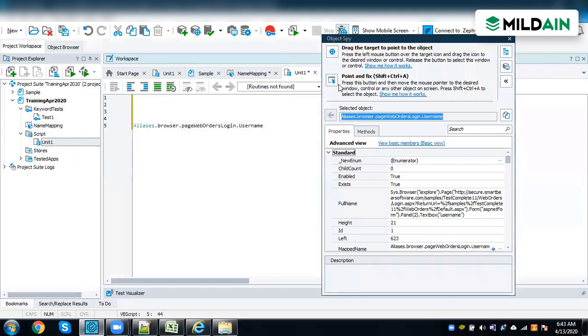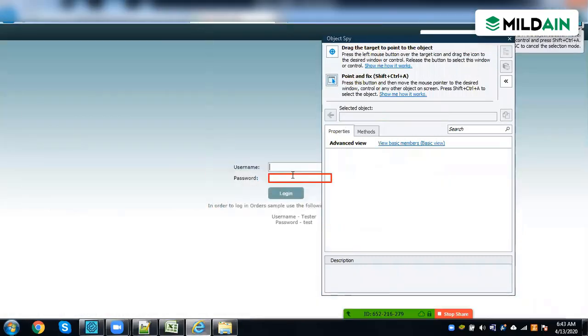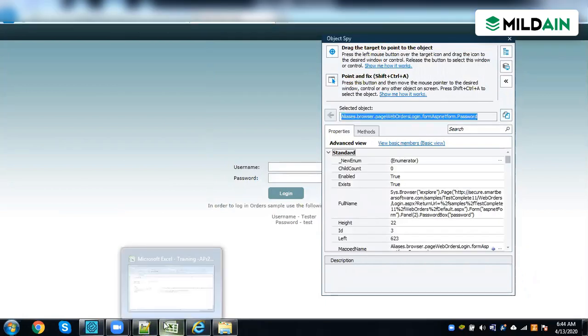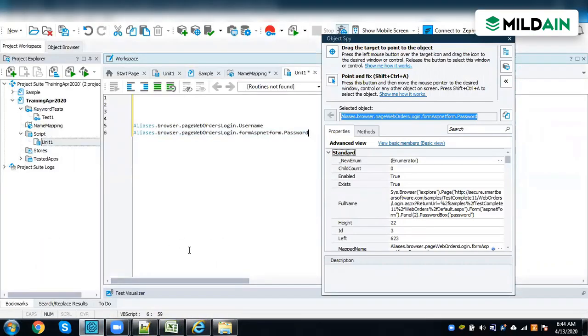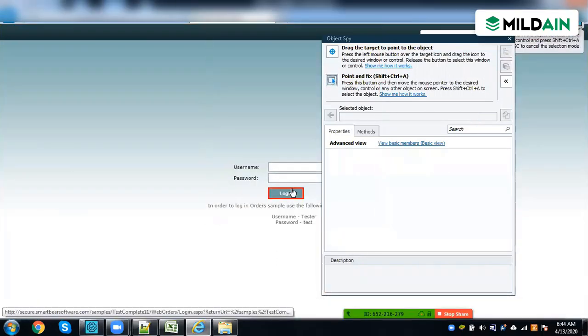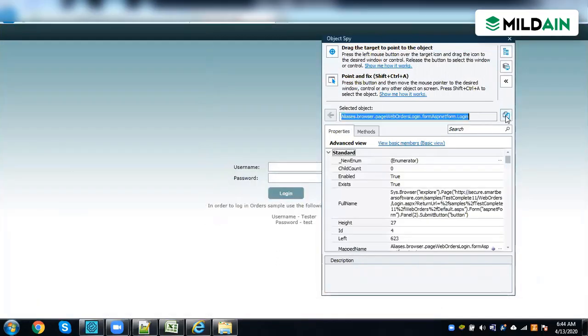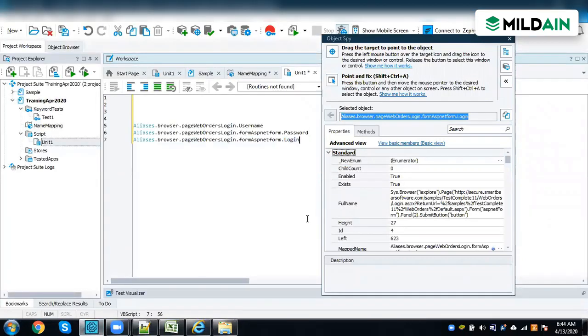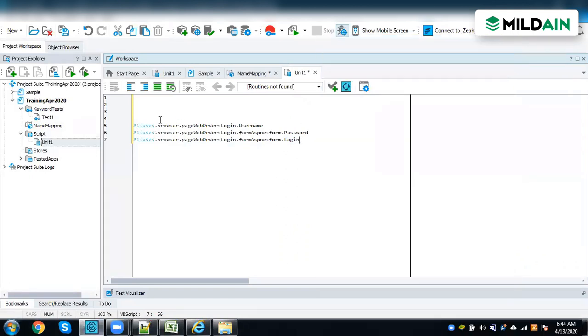Second, I'll go to the password box and copy paste it as well. And for the button, the same.